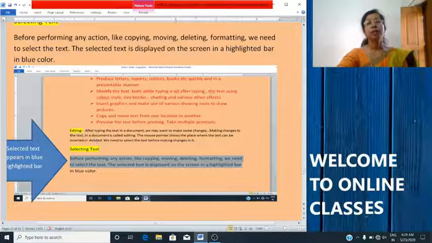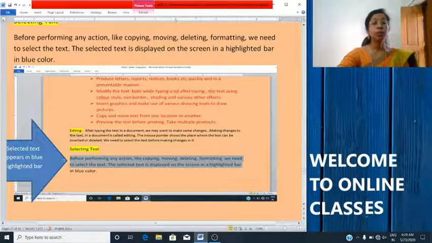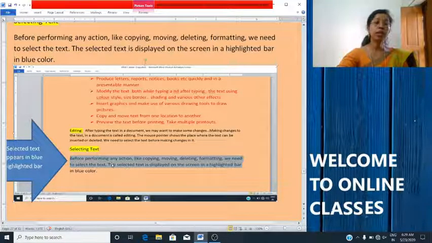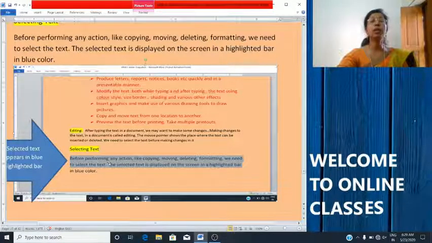Okay, how we will select? Okay, I will be telling about that. So once we select a text, you can see that selected text is highlighted in blue color. Okay, here it is shown. Okay, light blue color. The selected text is highlighted.